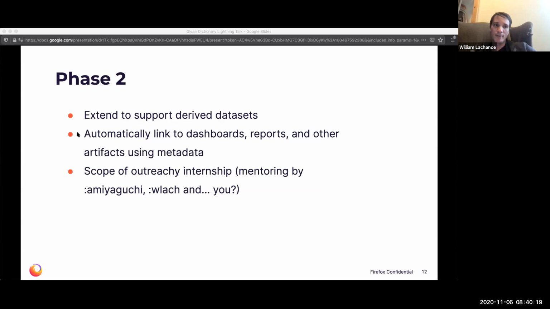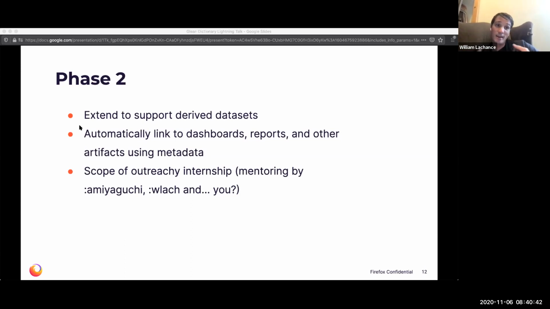So, moving past phase one into phase two, this is sort of where the scope of the Outreachy project is. We're going to extend this to support the derived data sets, using the metadata that we already have in BigQuery ETL, augmented with markdown-based documentation. We can put that right in the Glean Dictionary and create those links that I was talking about.